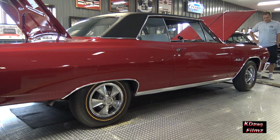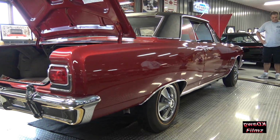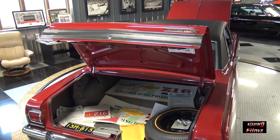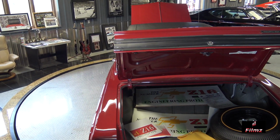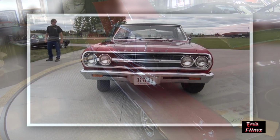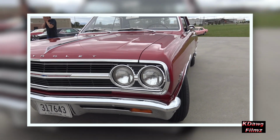This regal red 1965 Z16 is very special. They made 201 of these Z16s, and of the 201, the one that I'm next to here is the prototype, or the first one. The car began life on the GM assembly line and was ordered by the Z16 project